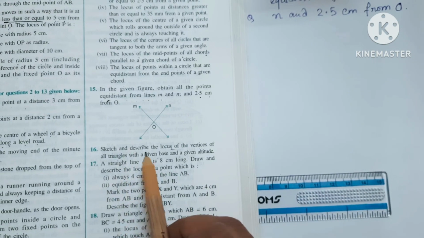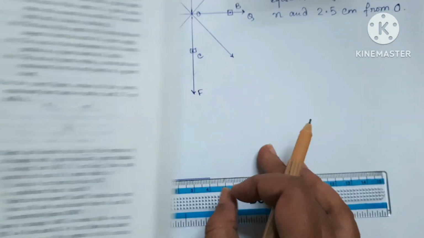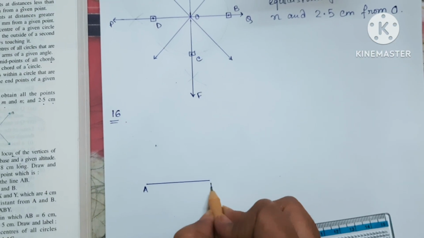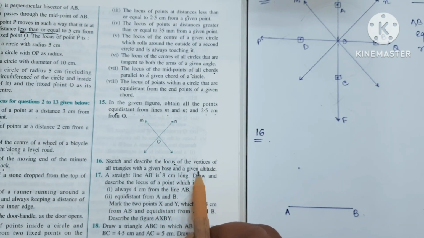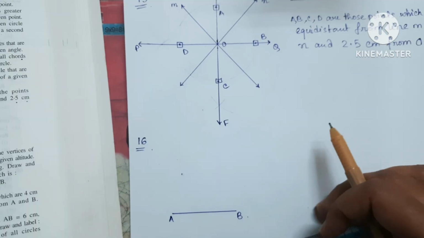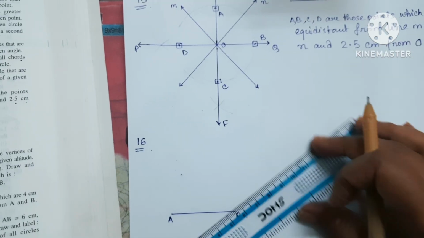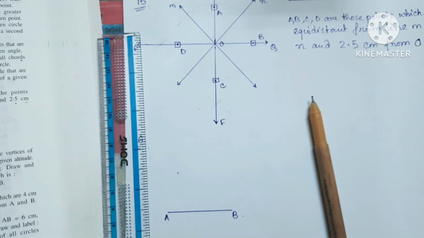Sketch and describe the locus of the vertices of all triangles with a given base. Suppose this AB is the given base and the height is the given altitude. Given altitude means the height is fixed. So you can draw any triangle with the same height from AB. So if you draw a perpendicular from AB,